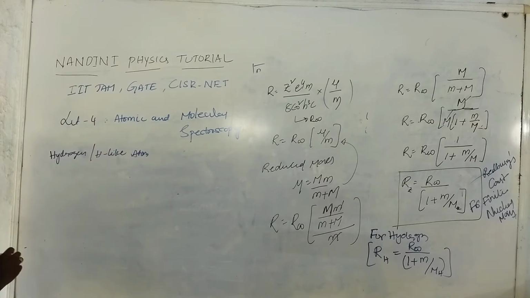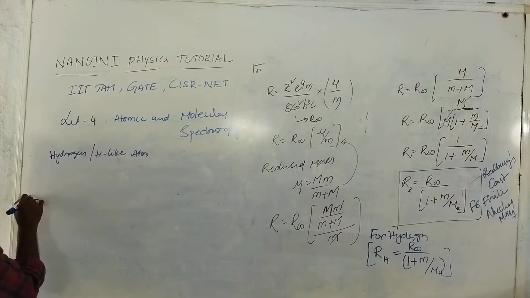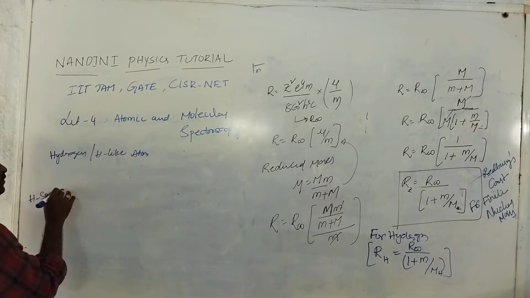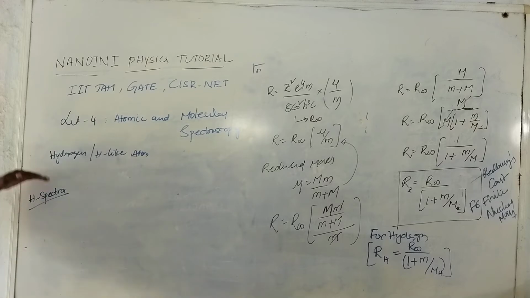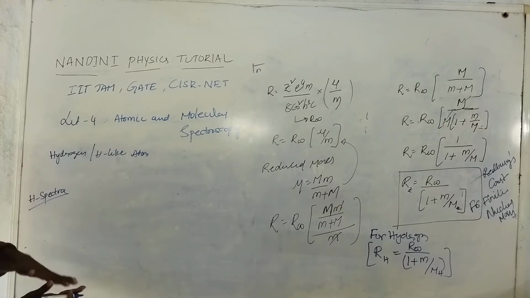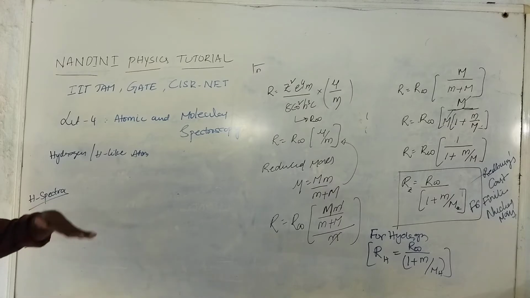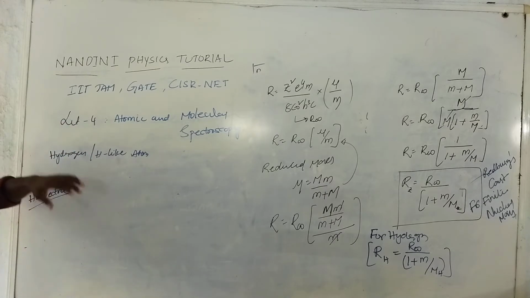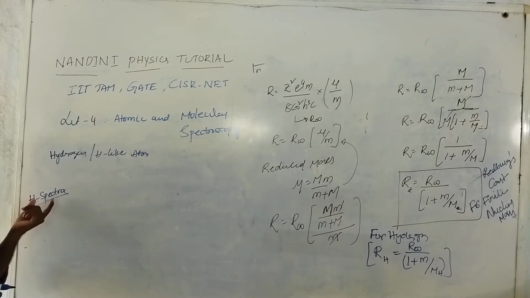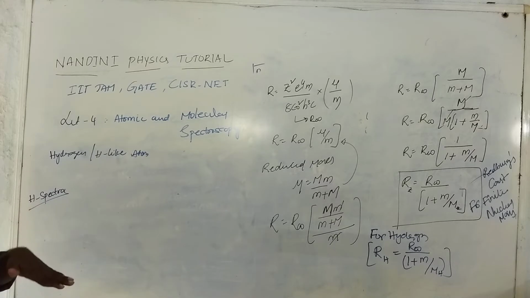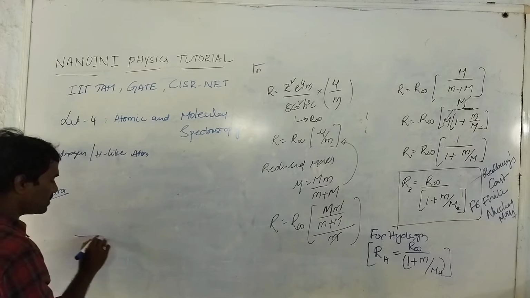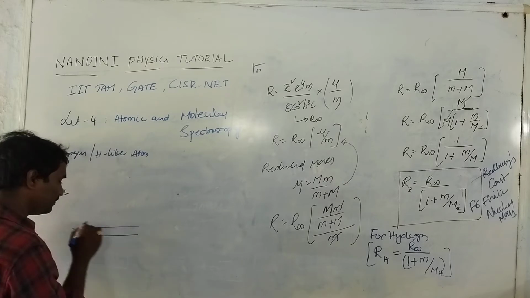So the hydrogen atom shows some spectral lines, which I will write here. This is the hydrogen spectra, because in microscopic view the hydrogen atom shows some spectrum that is called emission spectra or absorption spectra. That type of spectrum will be developed if you see it in a high resolution microscope. So in that you identify some spectra will be observed.